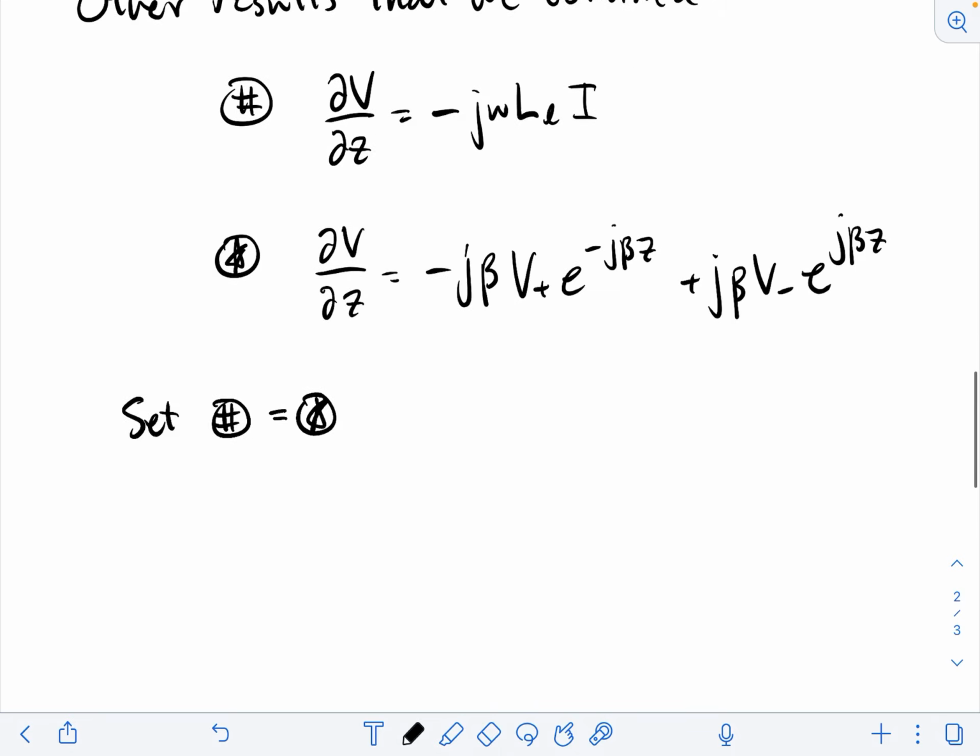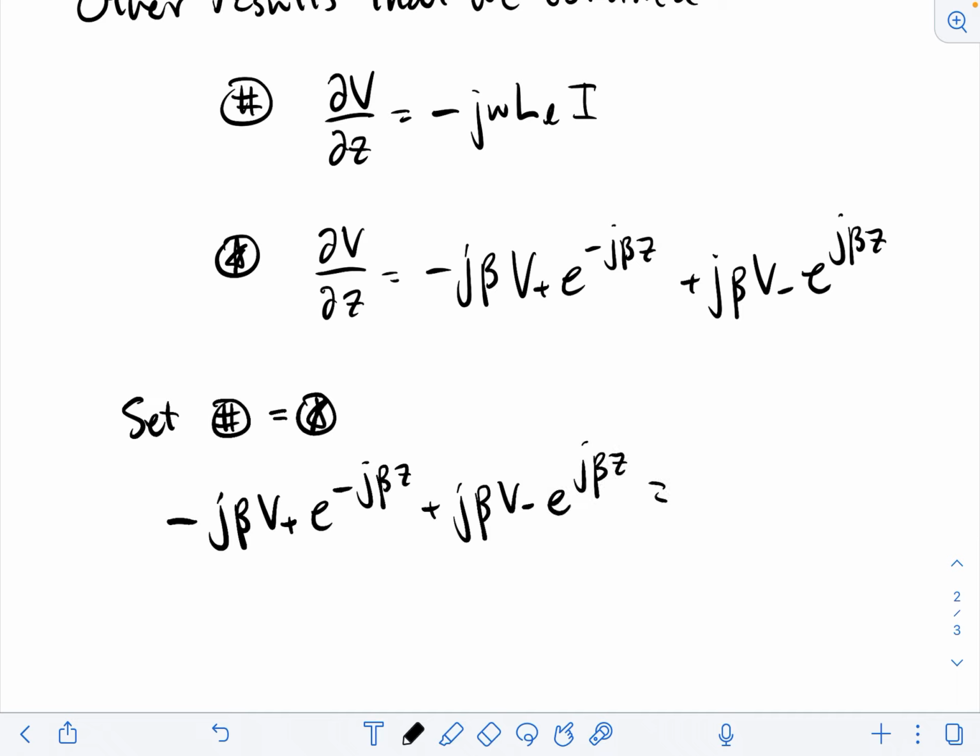Okay, so minus j beta V plus e to the minus j beta z plus j beta V minus e to the j beta z is equal to minus j omega times the inductance per unit length times I. Okay,